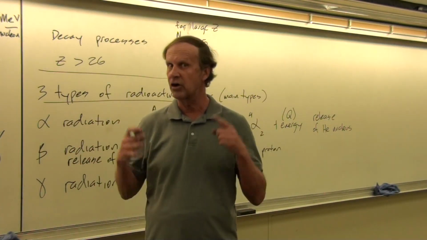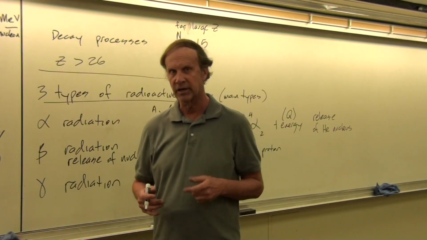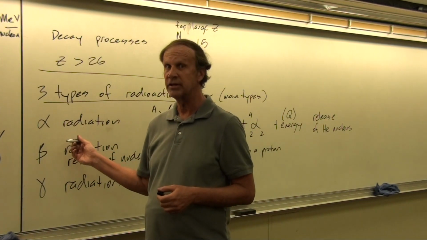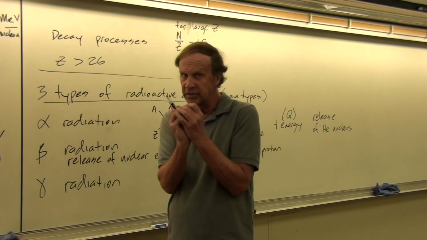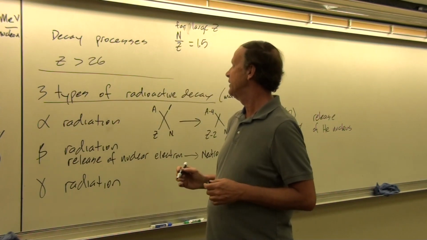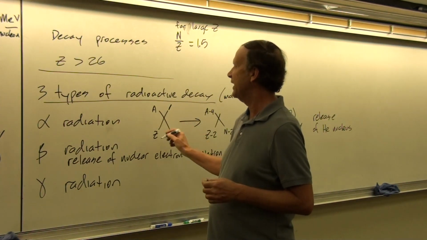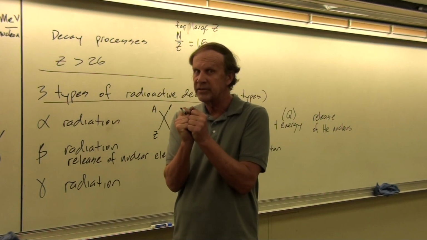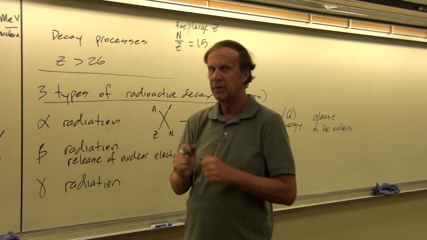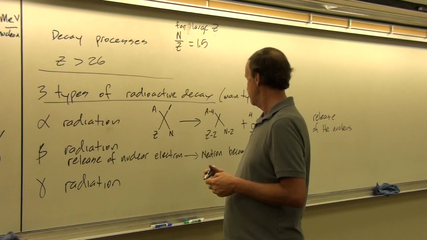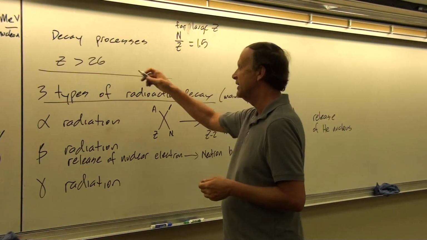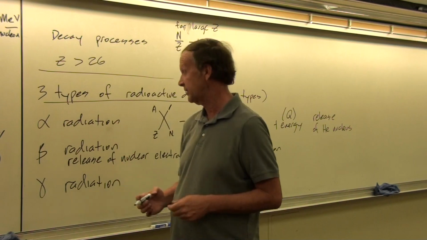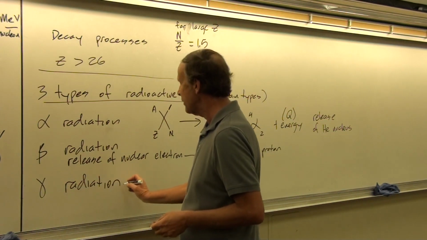This has nothing to do with the orbital electrons. The orbital electrons are part of the atomic energy states, and here we're talking about nuclear energy states. Remember, the nucleus is very small, and so the energies are very, very high because the protons are so close to each other that there has to be a huge amount of binding energy to overcome the repulsive forces of the protons. That's why you get MeV of radiation in a nuclear process and just eV of radiation in an atomic process.